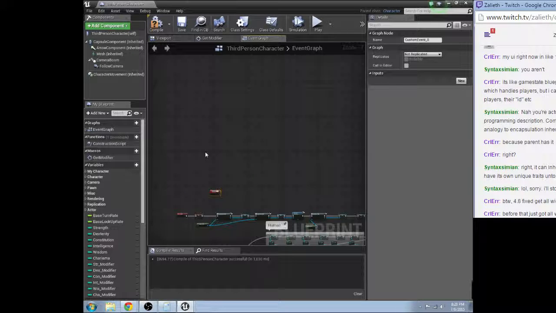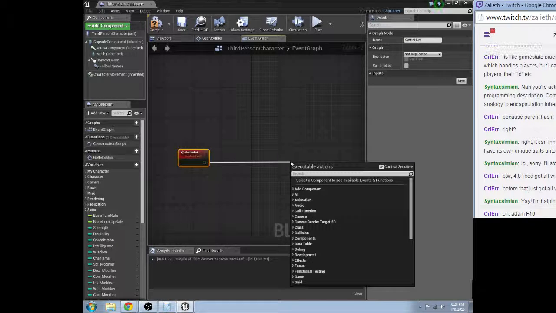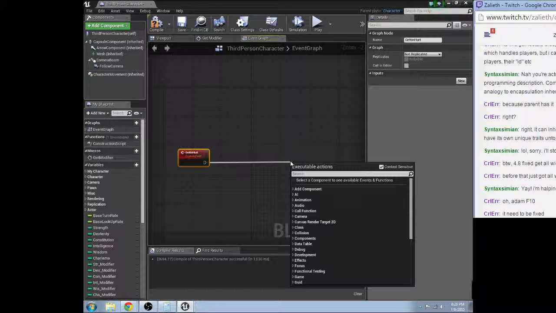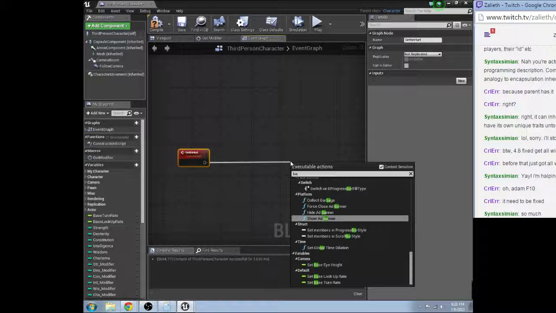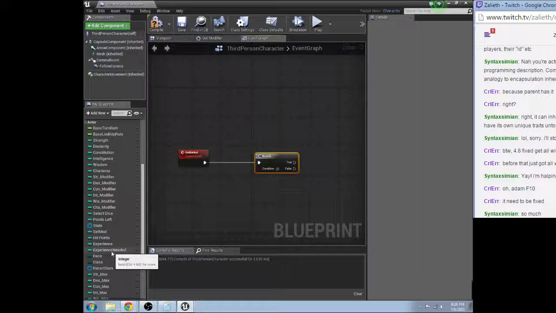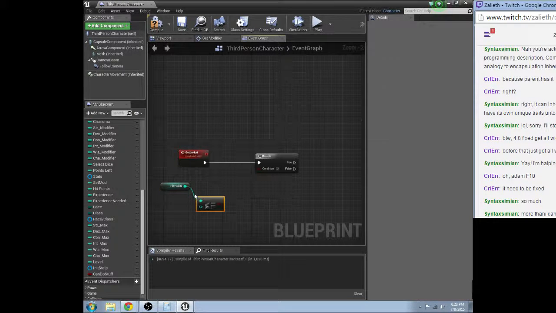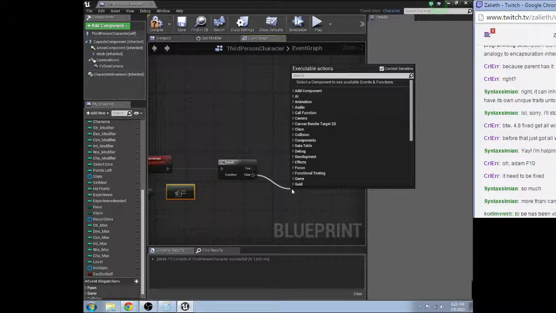Fuck, what was I gonna... Oh, right. Okay, so we're gonna call this Getting Hurt. Branch. If hit points is less than or equal to 0, then we need to go to